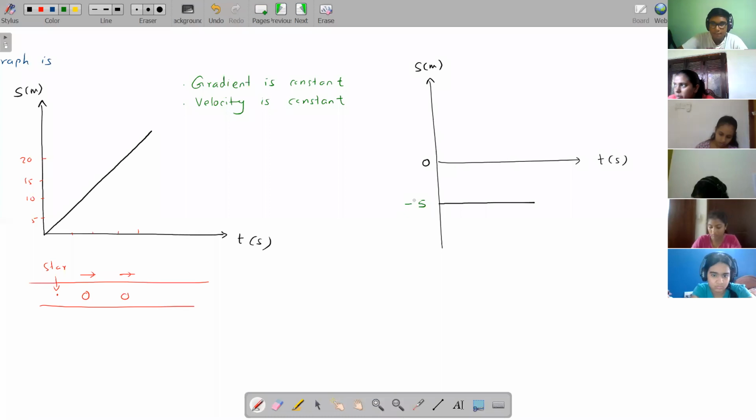I want an idea about the speed, and I also want an idea about the velocity, but I also want a little bit more. So the object is moving or not. First thing is whether the object is moving or not, and the other thing is about the position of the object. Think properly, children. So all the information is given to you now.